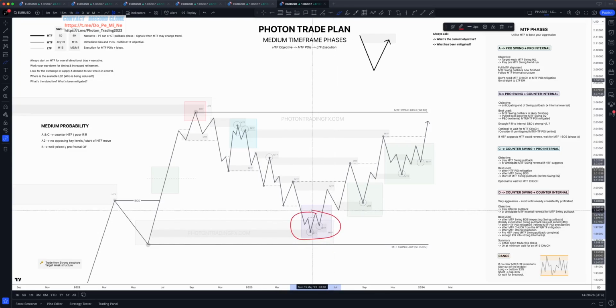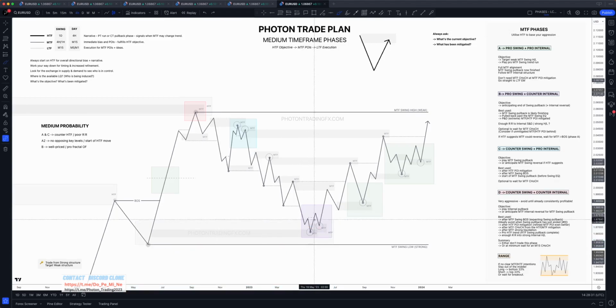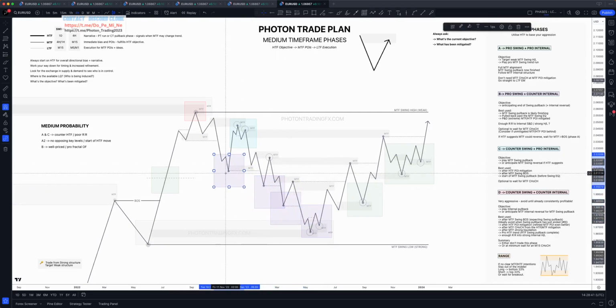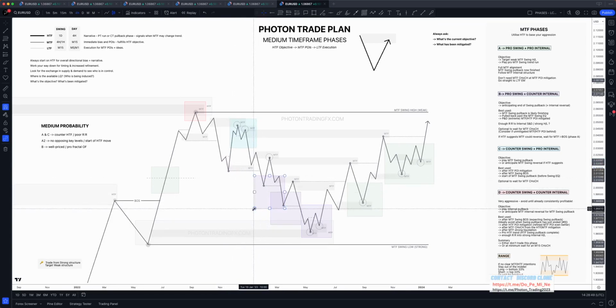So this is the time I say in which it's best to trade phase B, which is literally when we come into the area, pretty much the extreme, when we are expecting the internal structure to reverse. That is when it's best to trade phase B. Because again, I've said this before, but we'll go over it. Phase B is here, getting long here, getting long here, and getting long here, because all of those are pro swing counter internal. Doing it up here is not going to be high probability, right? So all of these can fit under medium probability, really medium to low. You can hopefully figure that out on a case-by-case basis. But that's why for me, phase B pretty much is always going to be medium to low probability, right? And we want to be doing it down here, not all the way up here, right?